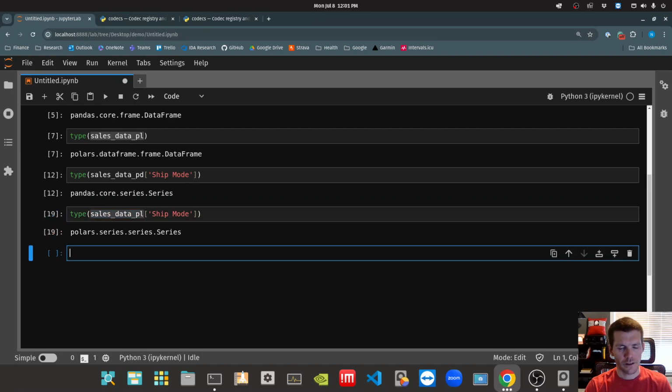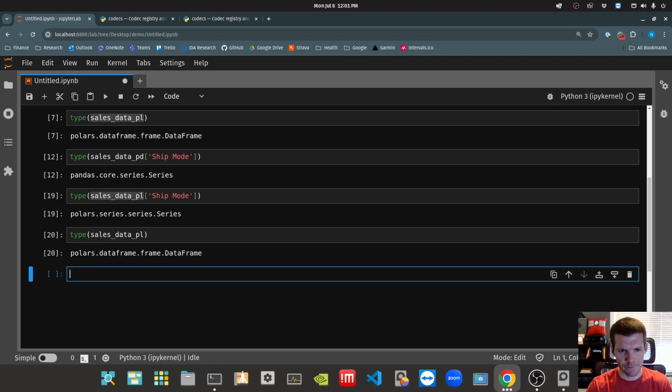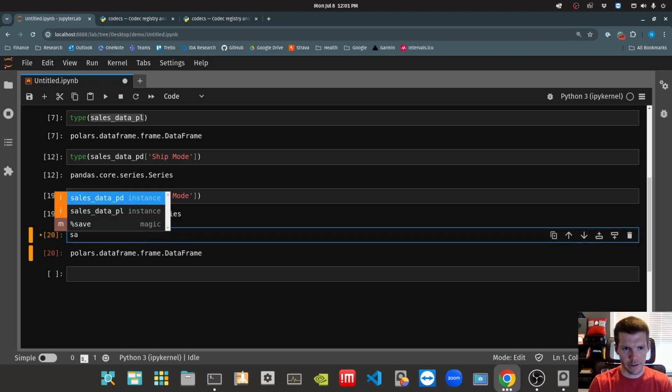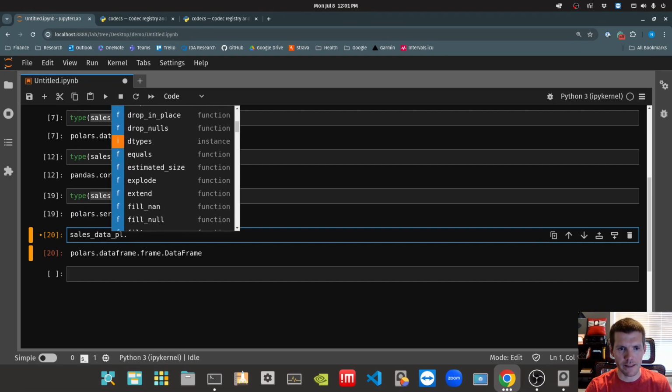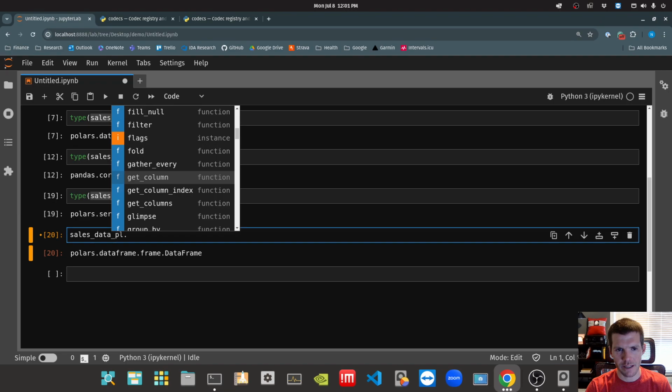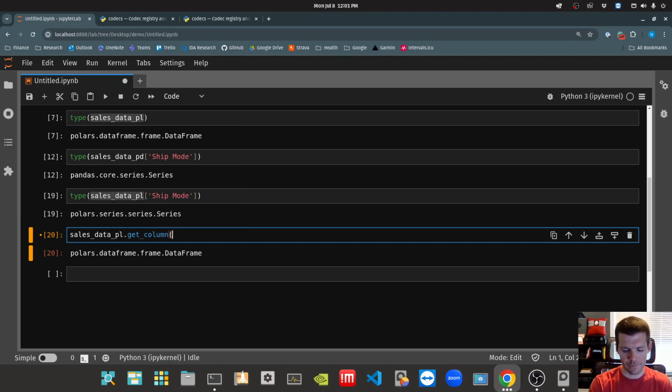Another thing that we can do, so Polars, and I will use this a good bit. Polars has a method. So right now, let me just do this very, very slowly. If I look at the cells data PL and do the type, that's the data frame. And on the data frame, cells data PL, if I do a .tab, I can access the methods. One of the methods it has is get column, and I can give it that ship